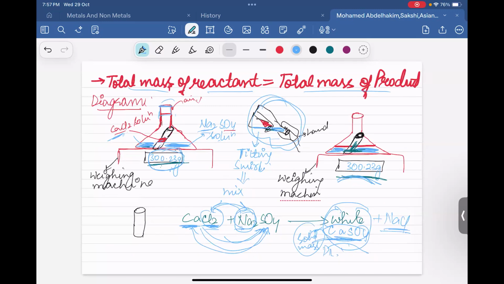Ma'am, but the weight will still be the same when you combine it, right? Yes, because this flask was closed. There is no incoming or passage of air. If air came into play, then there would be another product formation. Air also has some small amount of weight, and it would add up. We are just taking these two, the initial and the final, in the product.